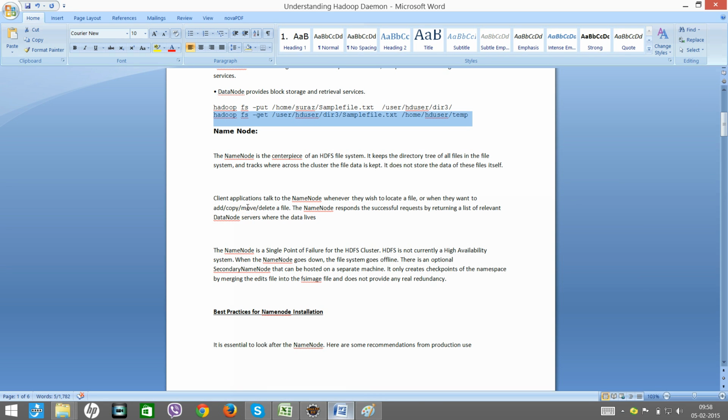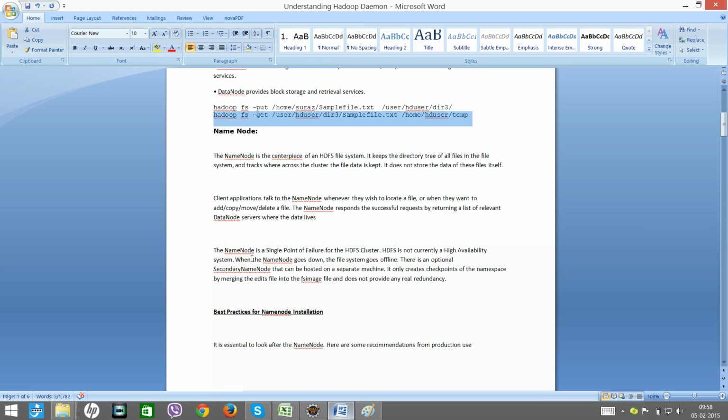The client application talks to the name node whenever they wish to locate a file, read a file, or whenever they want to add, copy, move, or delete a file. The name node responds to a successful request by returning a list of relevant data node servers where the data lives.